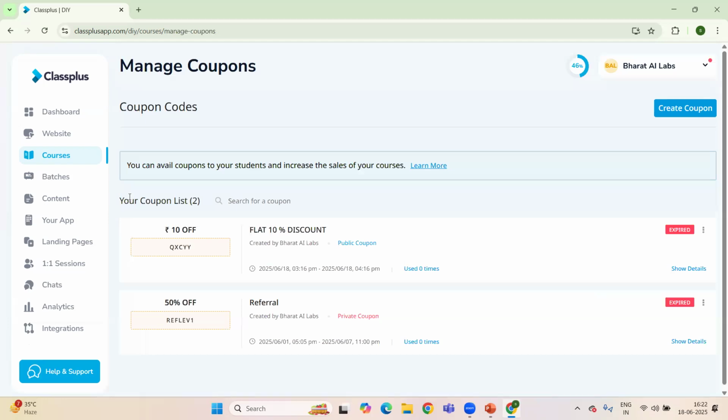For example, if we want to offer a 10% discount on a course priced at 100, which we have already prepared, the user can apply the coupon to receive a 10% flat discount. So this means they would only need to pay 90 rupees for the course. So here's the way to create a coupon for that particular course.